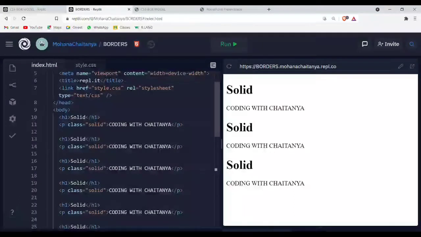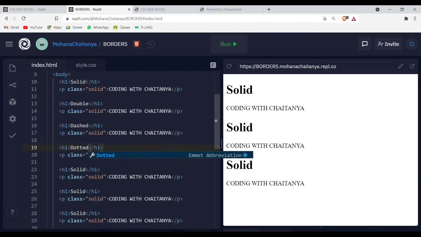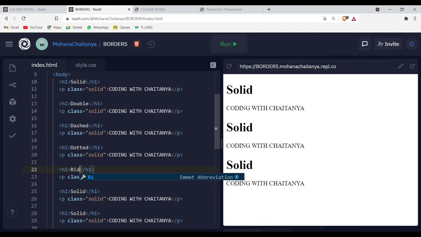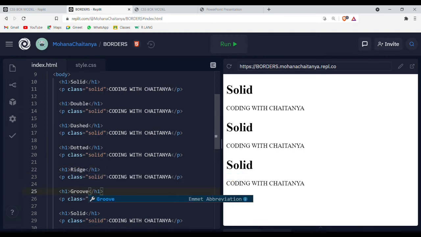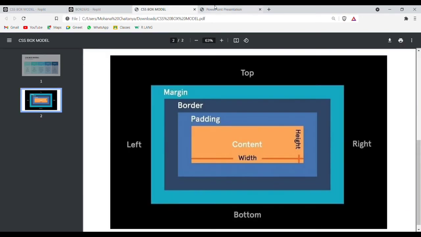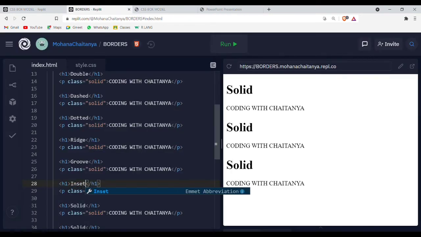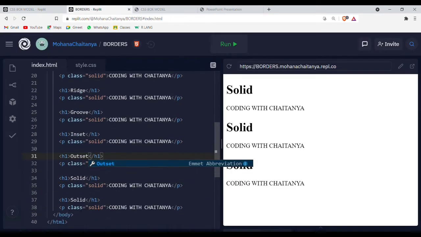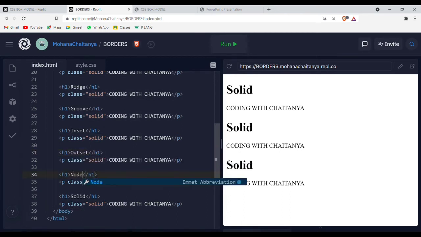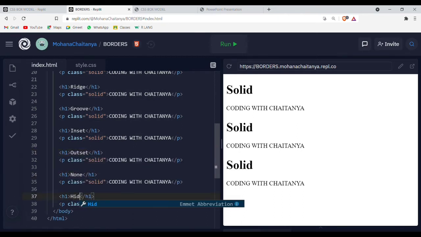Let's give the names. First one is solid, double, dashed, dotted. We have ridge, groove. We have inset, outset. None, and hidden.